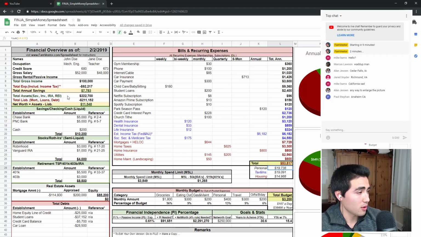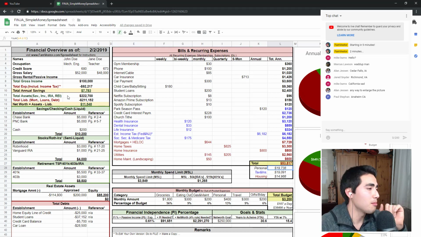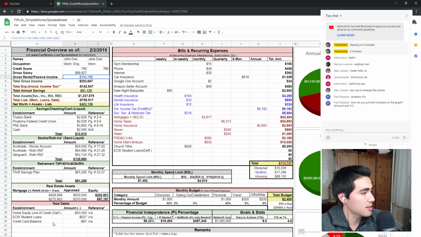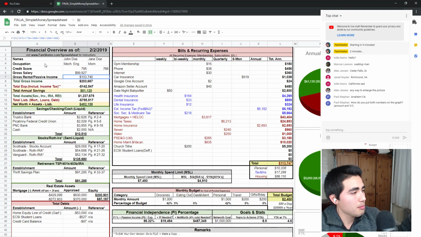But I just kind of want to give you a general glimpse of what this is all about. So let's go back to my finances since I know that best. So the top left block is really...